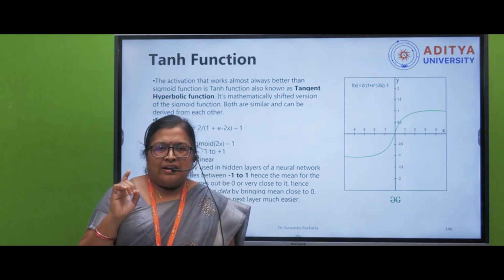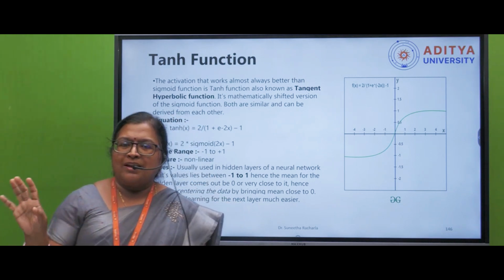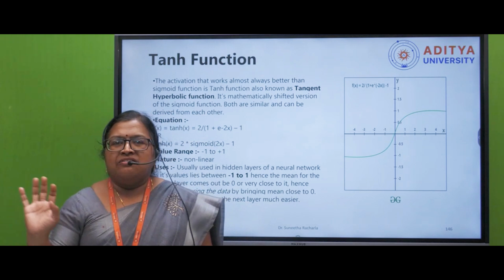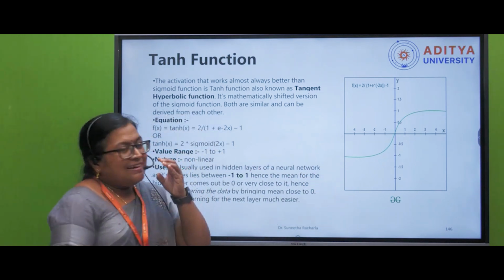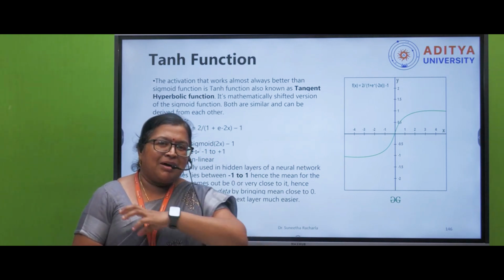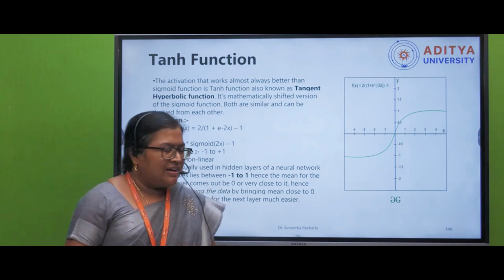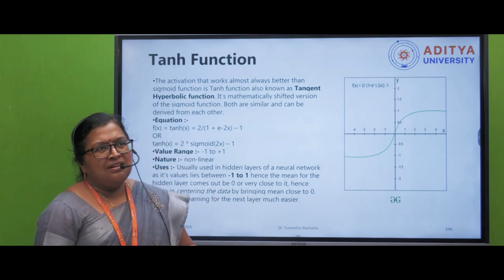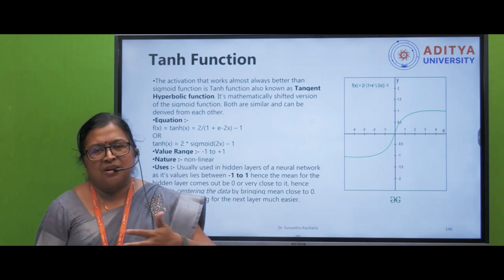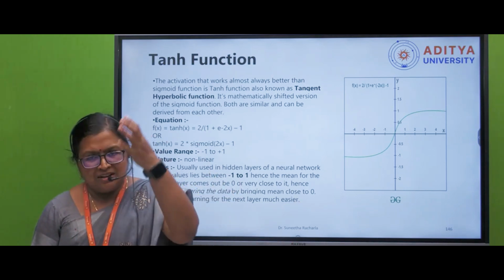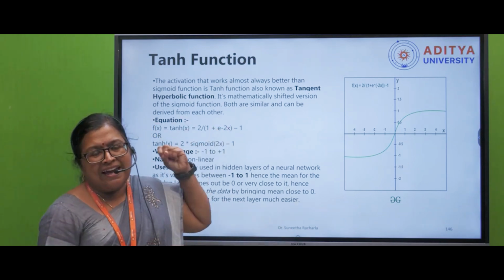And ReLU will consider only positive values. It will ignore all the remaining values, whether it may be a 0 or a negative value. So only positive values it will take. Now tanh will consider all the values, just like minus spicy values to positive sweet values. Any value it will take. So tanh is mostly used for the hidden layers when you are doing multi-class classification, or when you are working with multiple variables in the output layer, when you have more variables you want to predict. In those cases tanh is particularly very useful.